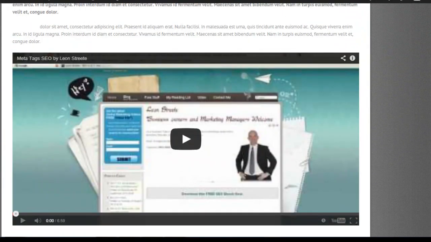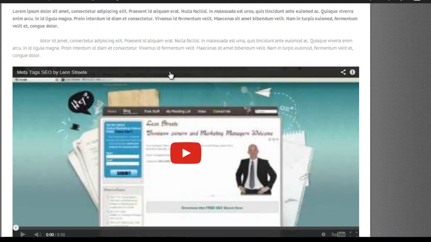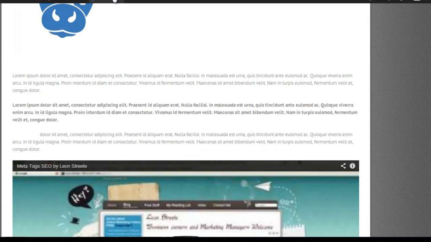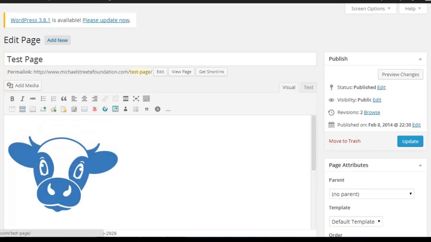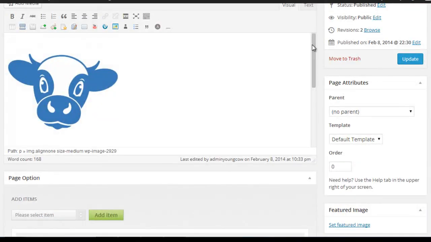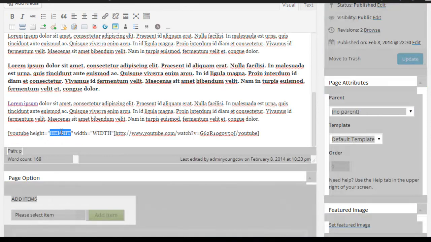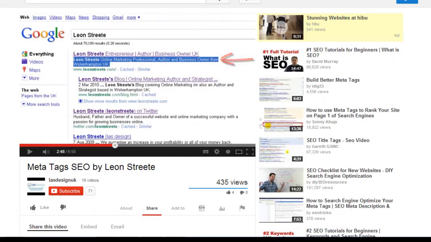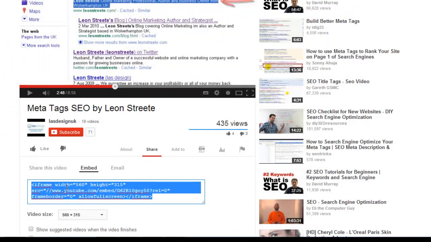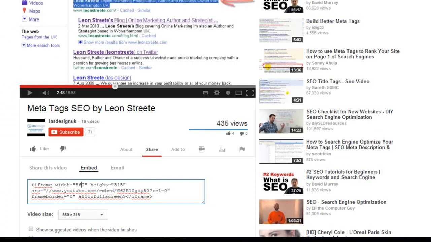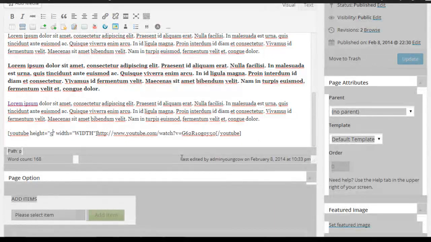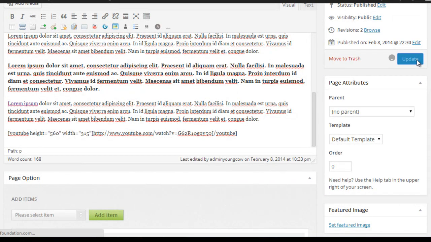It may be as you want it, but we do have further options with this YouTube adding video option in WordPress. So for instance, if the video was too big and say you wanted it smaller, you could change the options, and the way to do that is going back to the edit page button at the top again. So that loads, and if we just scroll down to the bottom when we have the short code, we can say here that for the height I'm going to use the natural height of this video. And so if I check on the embed options on YouTube, I can see the original width was 560 and the height was 315. So that's what we have here and what we have here. So if I put 560 for height and 315 for width and click update on the right hand side,